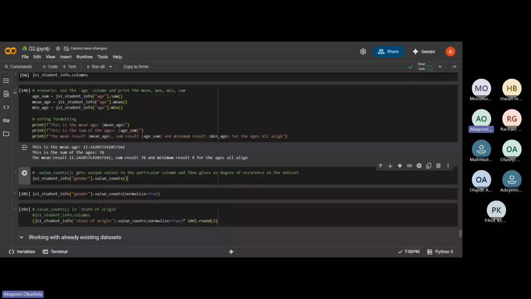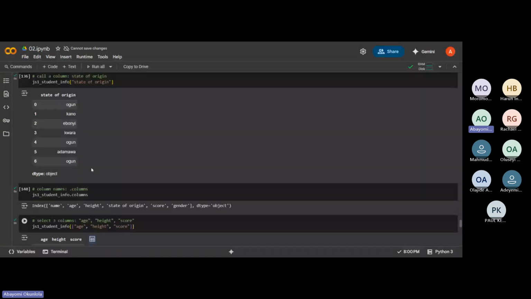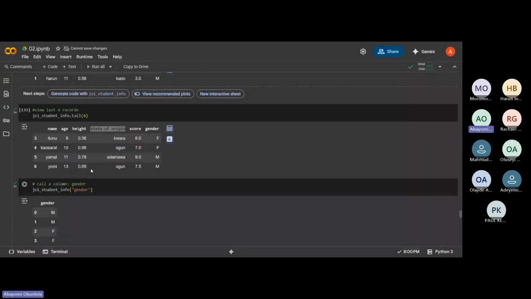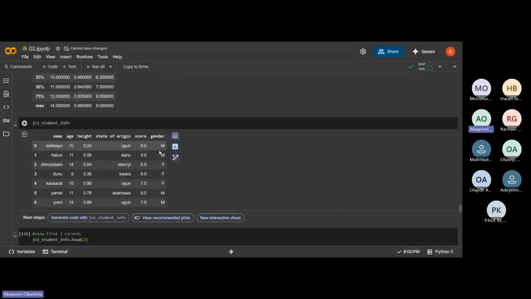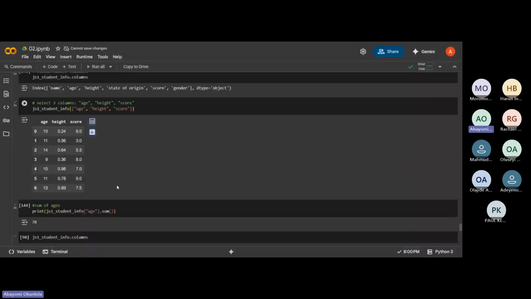Here right now for gender, notice that we have gender and then female. So how many times does gender appear? How many times does female appear? It's going to give us the count. So let me come up here. Where's our data set? Here is our full data set. You have 1, 2, 3, 4 males and 3 females. So instead of you counting manually, you can see what dot value count has done for us.